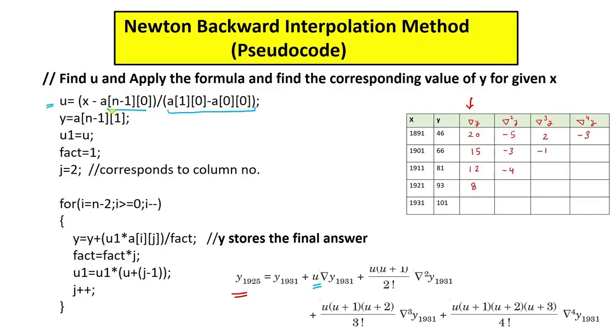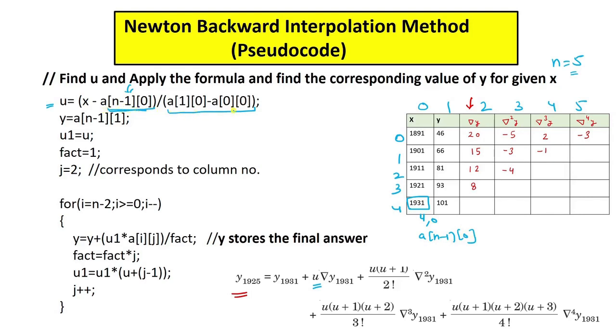So x minus, now this value is actually a of n minus 1, 0. So here you can see this is 0 1 2 3 4. Okay, and this is again 0 1 2 3 4 5, right? And for this example n was 5. Now we have to take 1931 in place of here. So 1931 in terms of n, how it will be computed? So here you can see this is actually 4th row 0th column. Okay, and n is 5. So this is actually a of n minus 1, but 0th column. So a n minus 1 0. So this will be telling me that this is 1931.